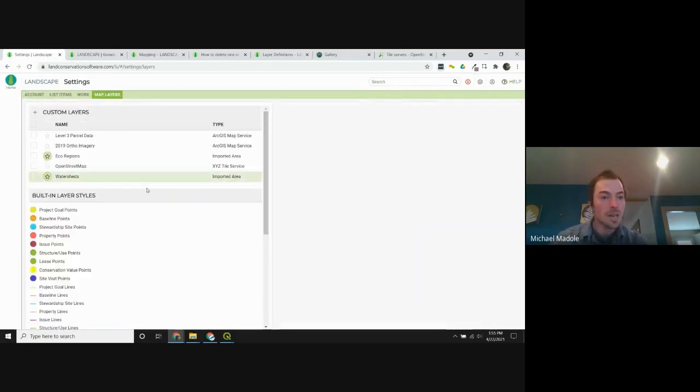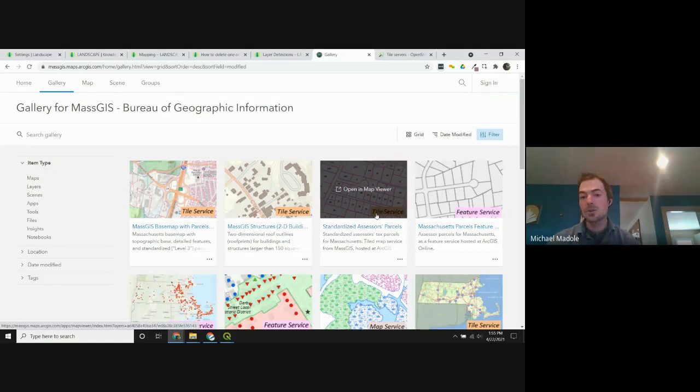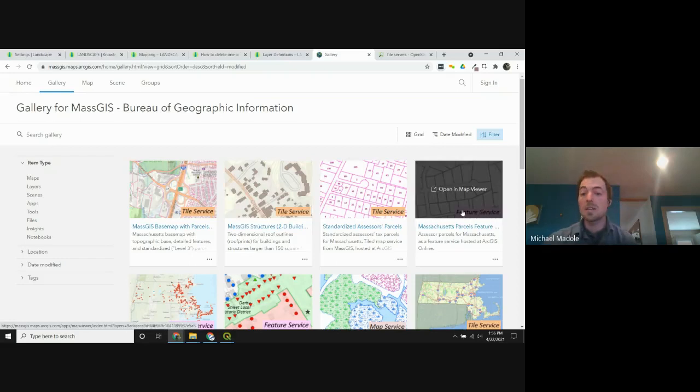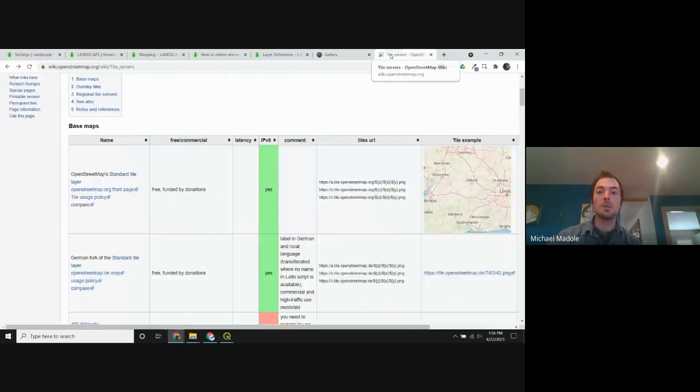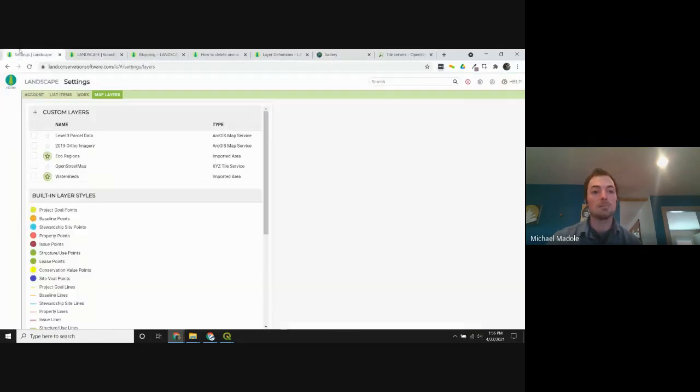But the other thing we can bring in are those hosted service layers. And this we just introduced last week. And so these are layers like parcel data for the whole state or 2019 ortho imagery. And these are layers that are typically publicly hosted, maybe by, like in my case, all of these examples are using MassGIS data. But it's going to allow you to slap a base map underneath everything, like that's a tile service, or a feature service or map service. And then you'll actually be able to pull from the vector information if you want and